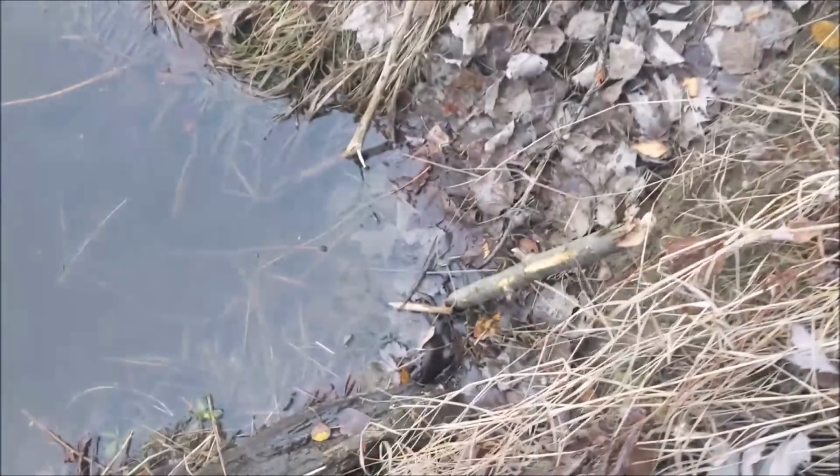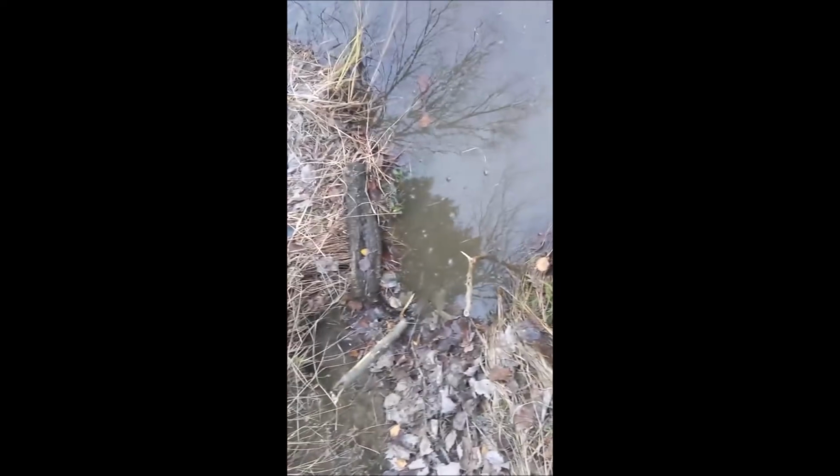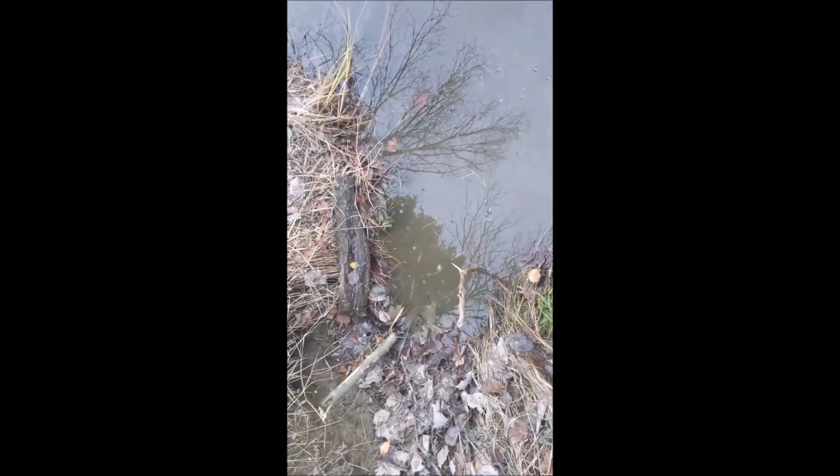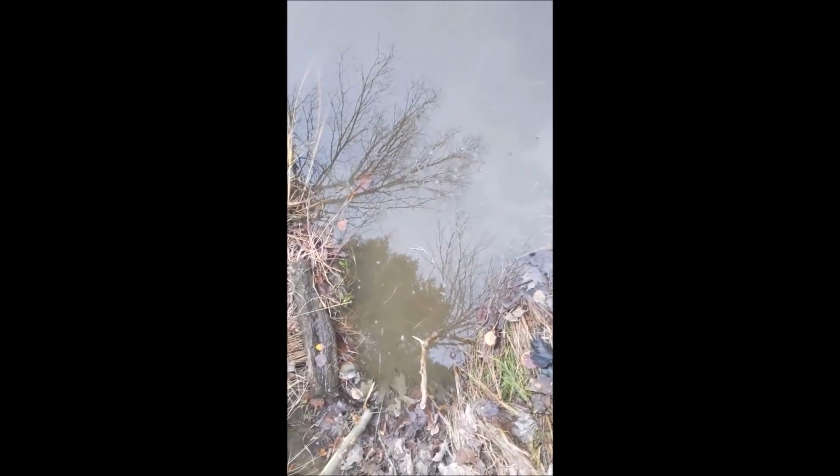There's my trap. There's the bait. I had to reset that. My trap was fired. There's just a short ways down below there with nothing in it, but I think what happened was the pan tension is pretty light on it, and so something didn't take much to fire it. I don't know what it was. It could have just fired, change in temperature or something, but I reset that. Now I've got one more trap to check